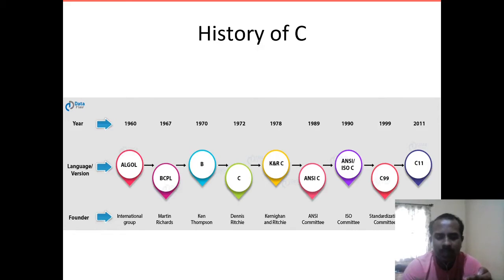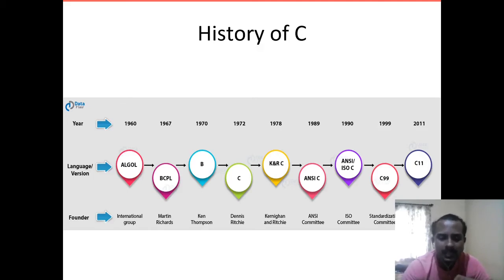The type is integer, float, character, boolean, like that. When I say that a particular variable is float, it can only store a floating point number. When I say a variable is character, it can only store a character value.